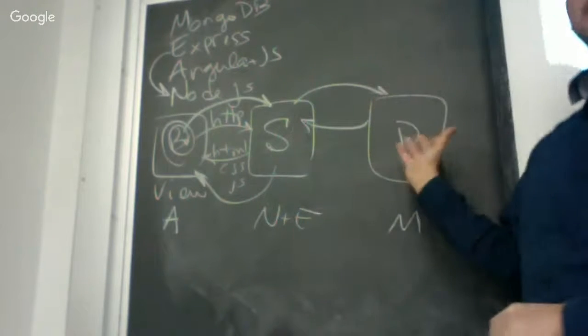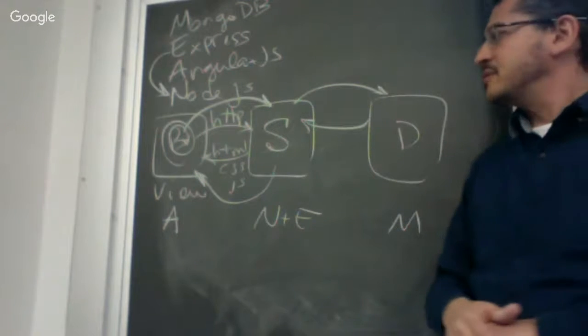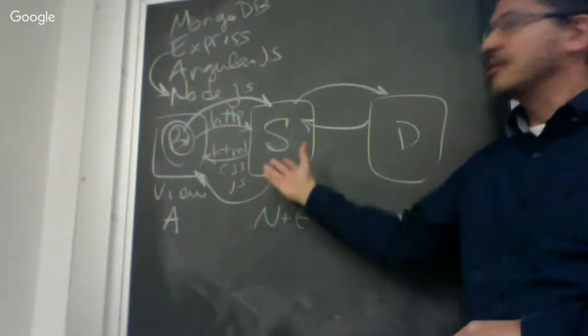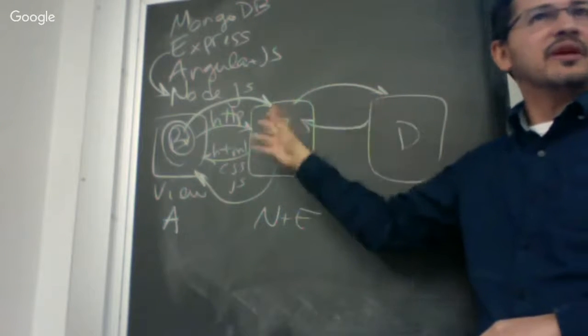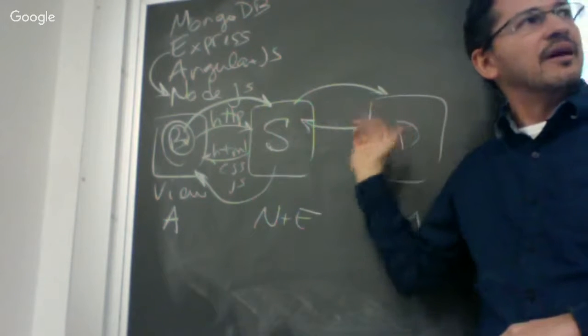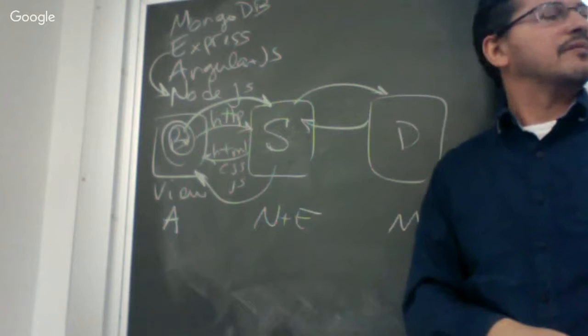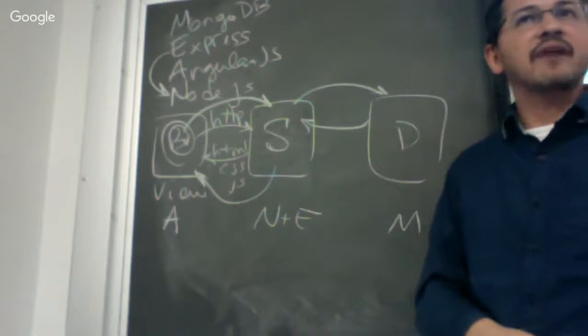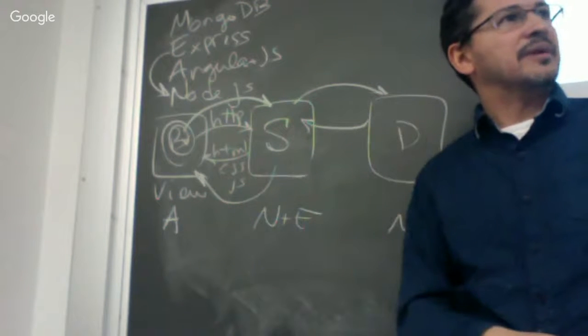Same thing with the database. The database doesn't necessarily need to be MongoDB. Going back to the Java example, very commonly we were using some kind of Hibernate or Spring MVC that is using either MySQL or any other relational database. It doesn't even have to be a NoSQL database. It could be a classical relational database.